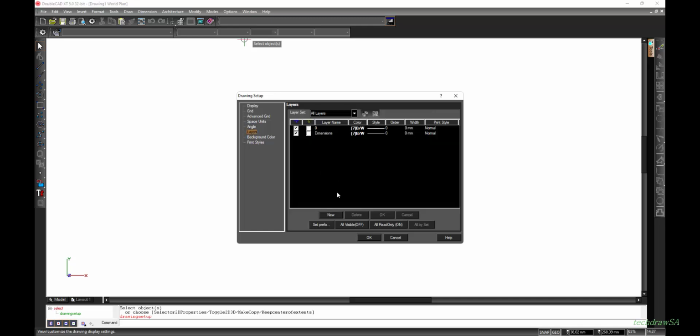Layers, this is where we will add our layers. So obviously in CAD we need to make sure that our work is well structured, and that's where you use layers so that you draw the different aspects of your drawing on the correct layers. And this is very easy. By default you have the 0 layer, which is the basic layer, and then we have one here already